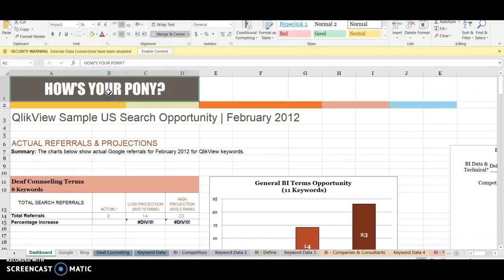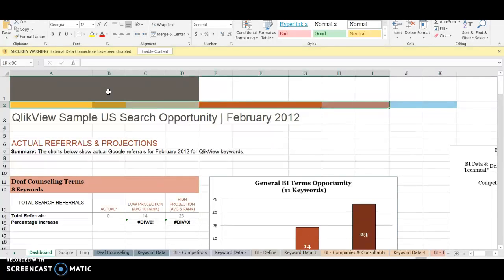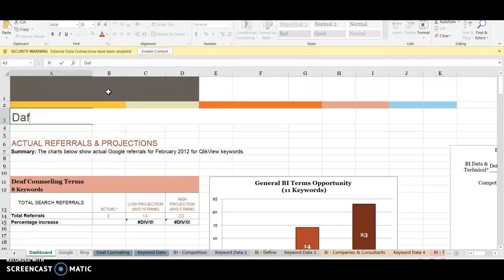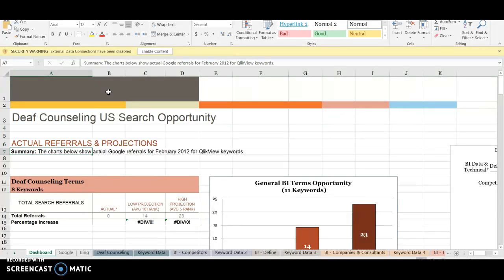and you can remove this. We don't need all of this over here, and we can actually get rid of it at the end of this entire process. Here I will change this to deaf counseling US search opportunity. Alright, and the summary